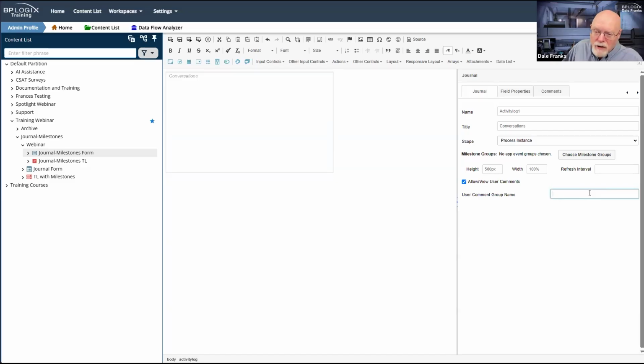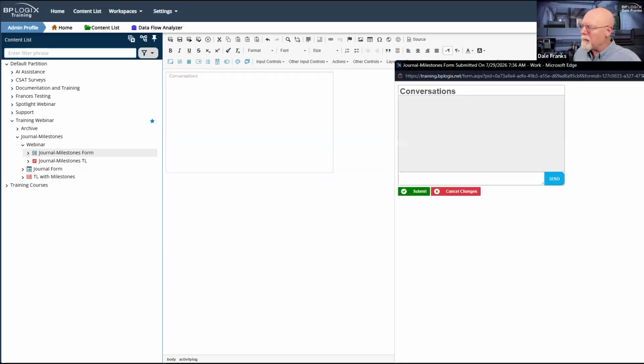This is much the same concept as we have for attachment controls, where each attachment can have its own group name, and I can have multiple attachment controls on a form, each with their own different group name, each of which is showing me different attachments that are specific to that group. It's the same concept here, where I have this group name that I can set up for the commenting.